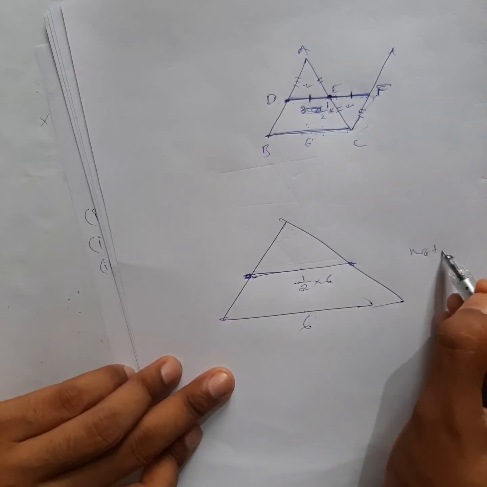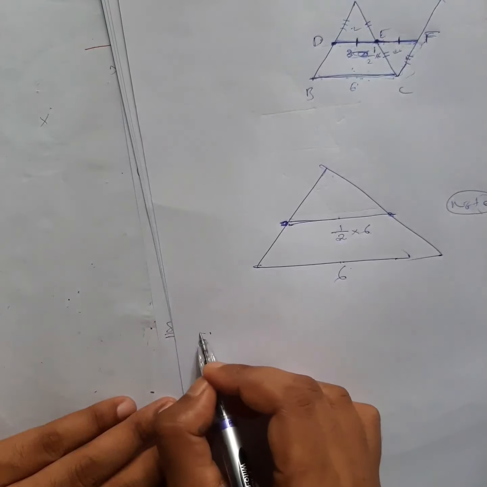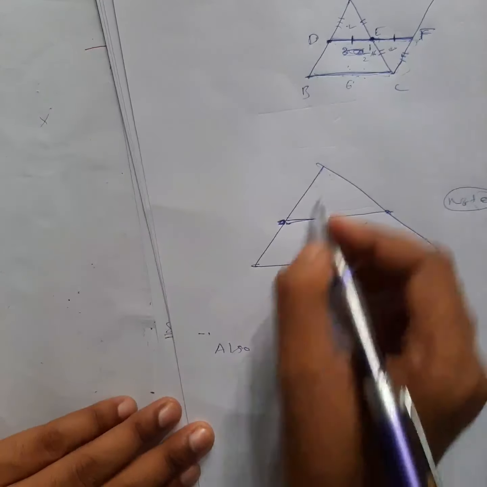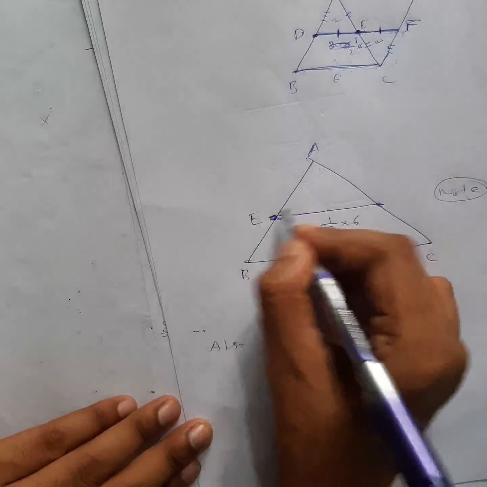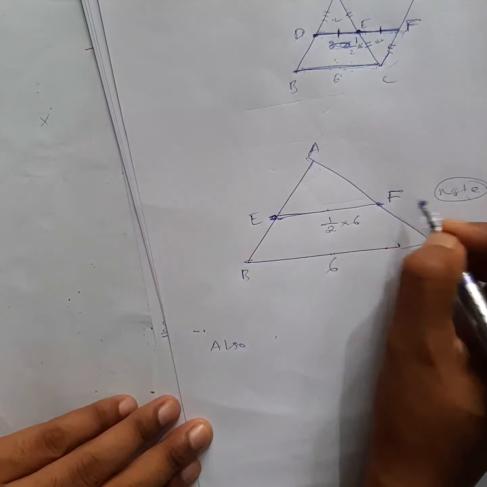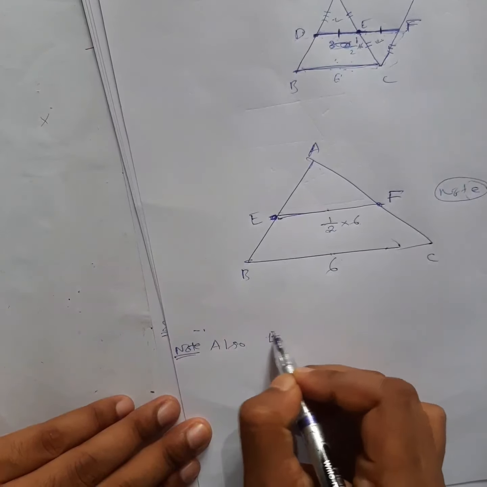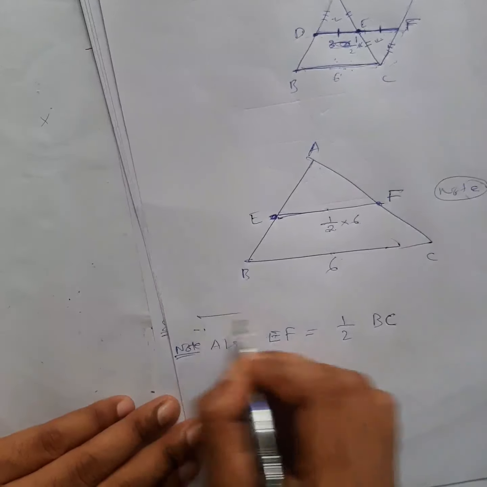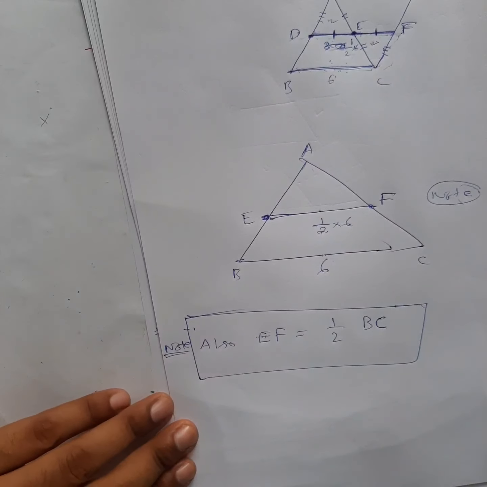So you can note this one down somewhere in your book. You can write the theorem statement, and after that you can also write down, suppose A, B, C, E, F we have taken in that theorem, right? Remember, in the theorem only you write it down. Note also EF is equal to half of BC. This is very important. Again, you can note this one there. Okay, so let's start the exercise after this.